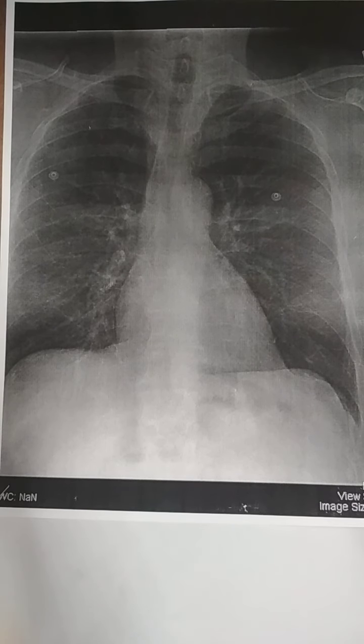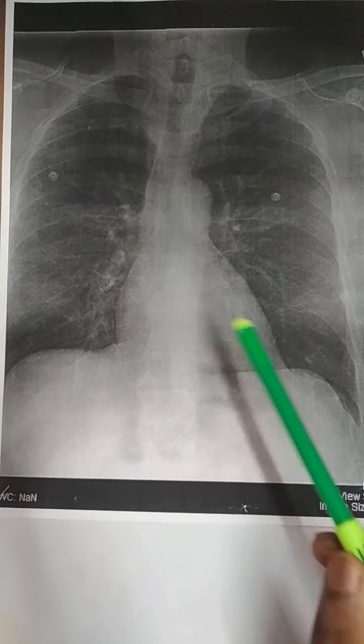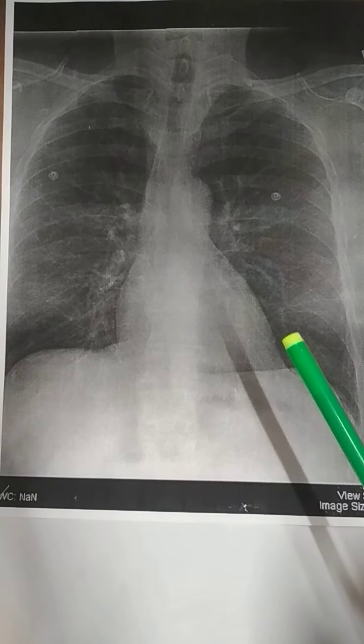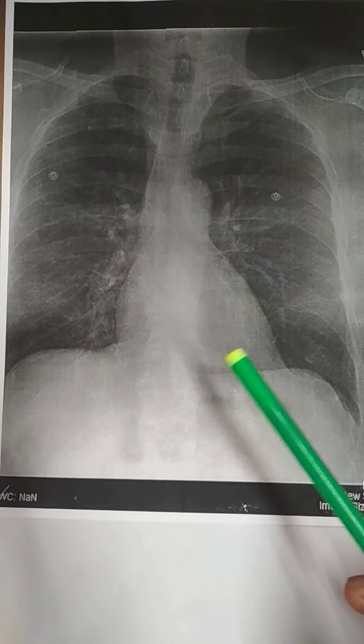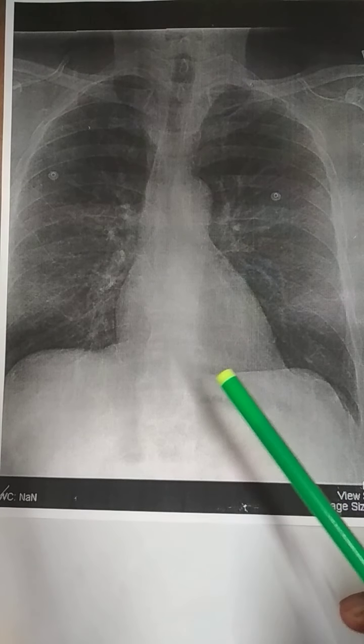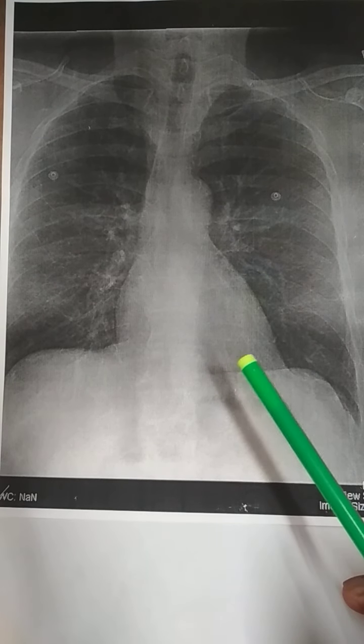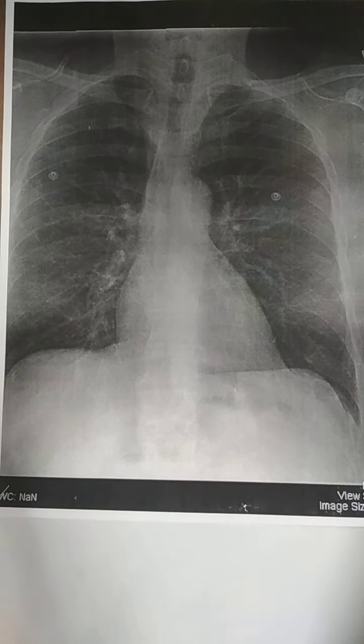I am Dr. Jitin, and today we'll discuss the basics, structures, and the sequence in which a chest X-ray should be approached. A sequence or order is used so that we do not miss anything or miss any finding. So before going into the sequence of chest X-ray reading, first discuss the type of chest X-rays.